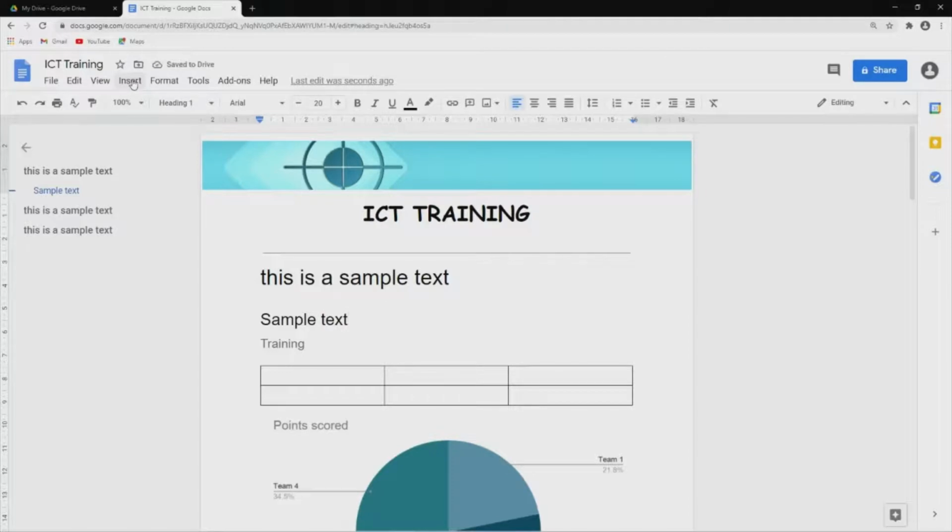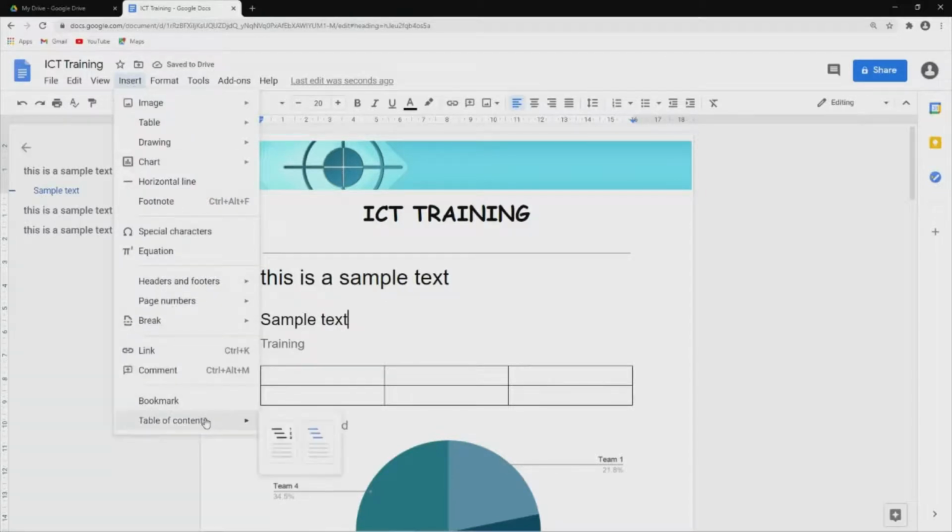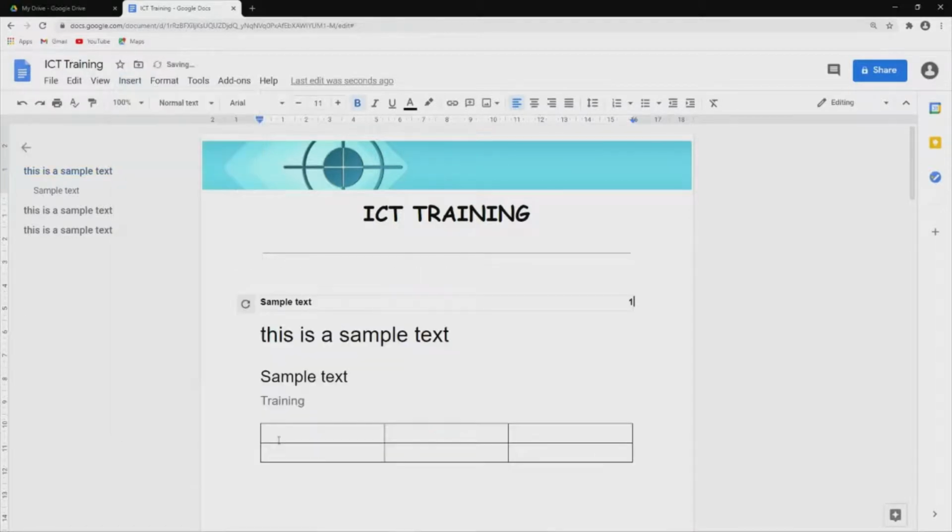Alright. And last is table of contents. So when you add table of contents, you will have these options. Let's try to add this with page number table of content. So by default, it will add a link, which if you click this one, it will go here with the sample text. So we can remove the link